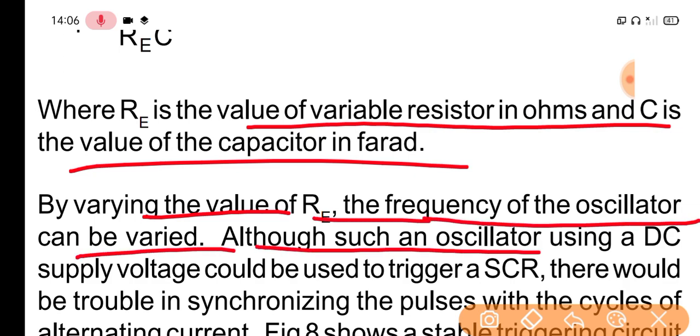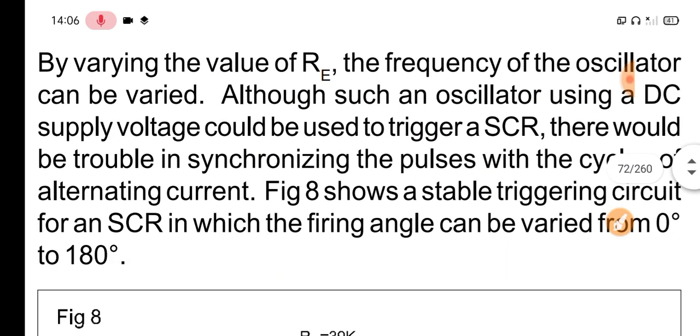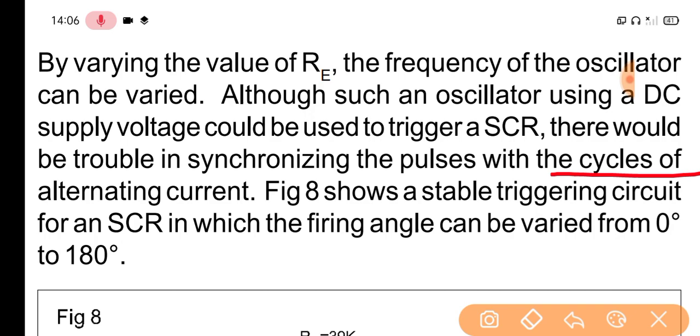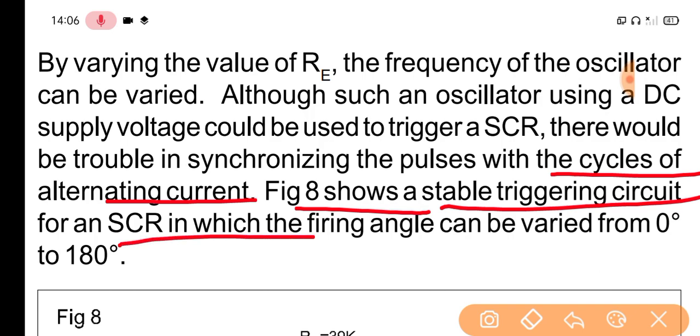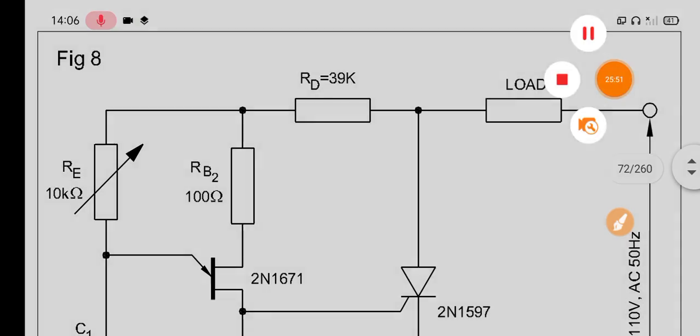Although such an oscillator using a DC supply voltage could be used to trigger an SCR, there would be trouble in synchronizing the pulse with the cycle of alternating current. Picture 8 shows a stable triggering circuit for SCR in which the firing angle can be varied from 0 to 180 degrees. Given in picture 8,